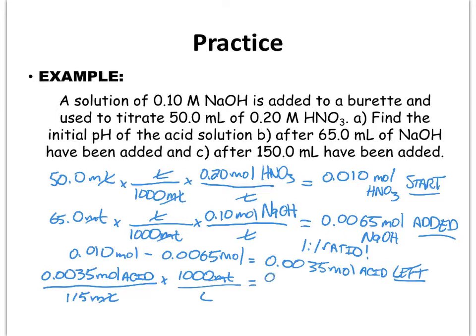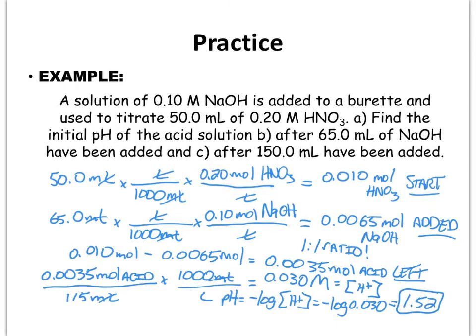I have 0.030 molar for the concentration of the acid. And remember, this is a strong acid, so if I know the concentration of the acid itself, this is the concentration of the H+. So this is my concentration of the H+ that is still remaining. If I want to know the pH of that, I know pH is equal to negative log of the concentration of H+. So the negative log of 0.030 is equal to